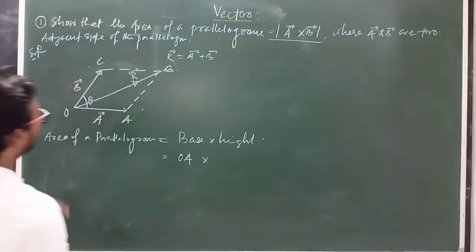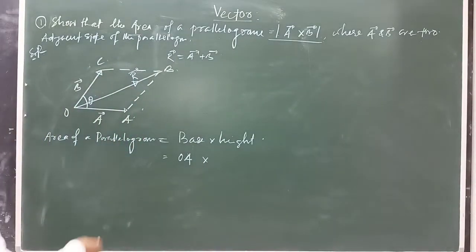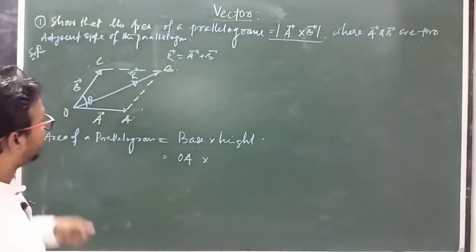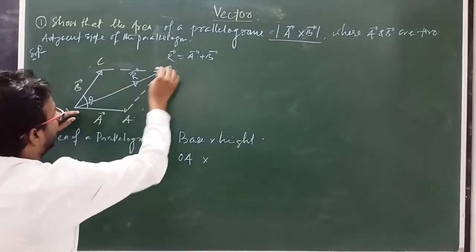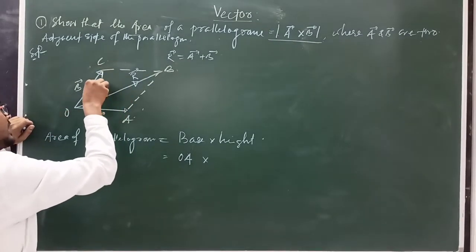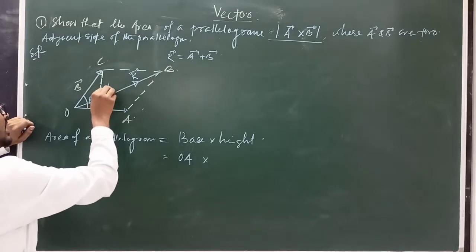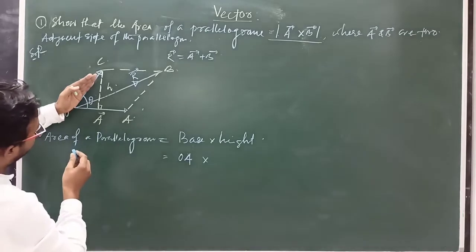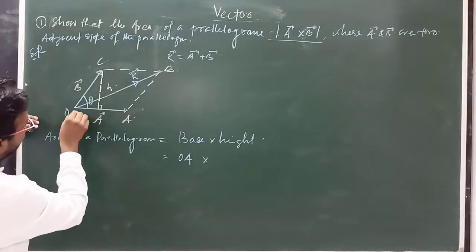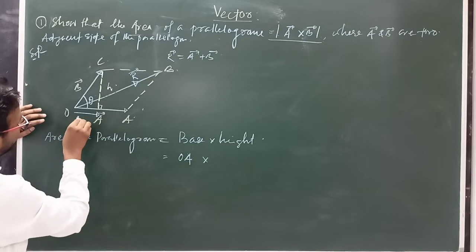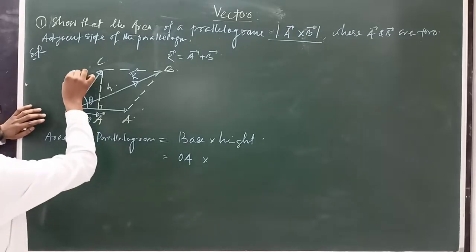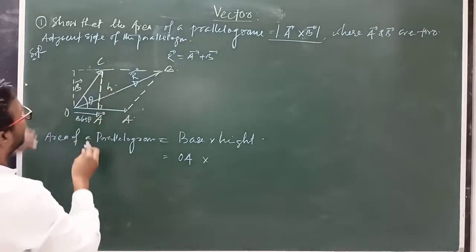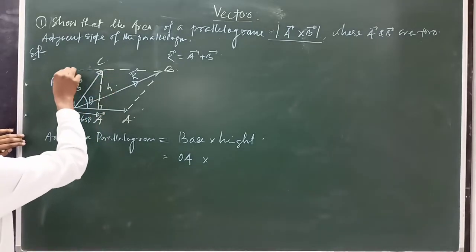Height. What is height? First we have to find height, means the distance between two parallel lines here. This is also a parallel line. Now we have to draw a perpendicular here, this is the perpendicular distance, means you can take height here. We already know how to split a vector B. If we split vector B along the direction of A, then this distance will be B cos theta, and its perpendicular component, or you can say vertical component of B vector, is B sin theta.